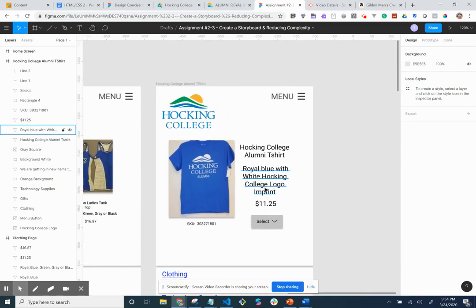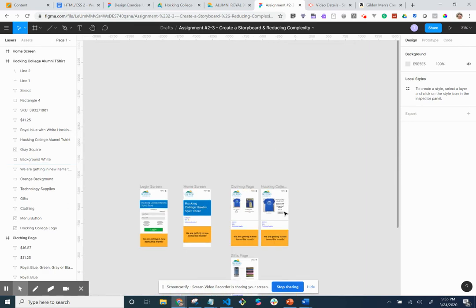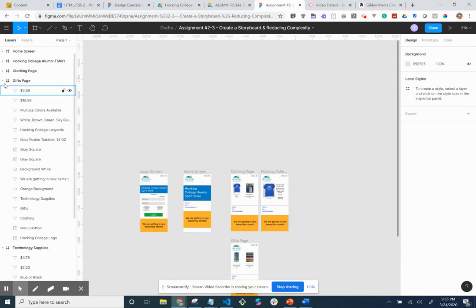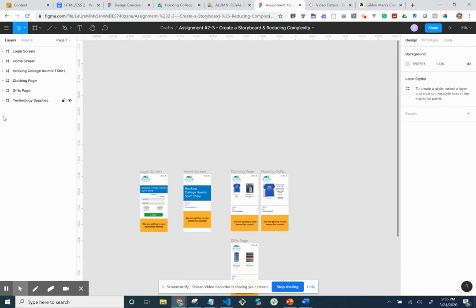But that's pretty much one of the scenes that we can create. And then this would go as we build. Obviously, this is going to need a lot more scenes for every single item and everything else that comes with it, like the checkout page. So you can see that there's a lot of scenes that can be built. But what this kind of gives us,